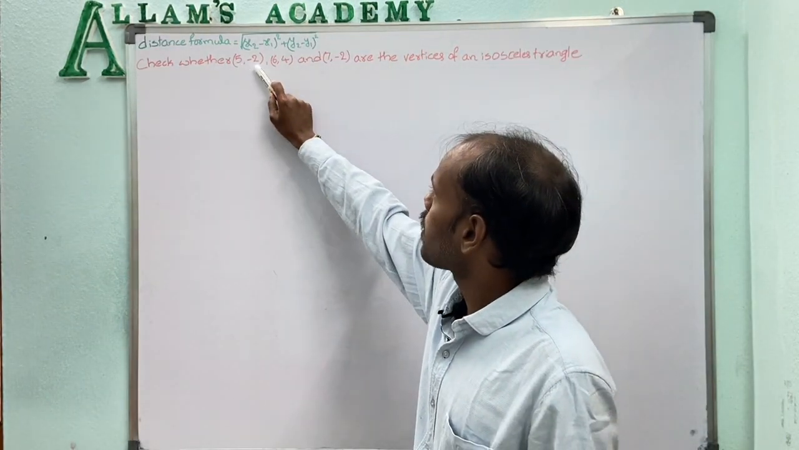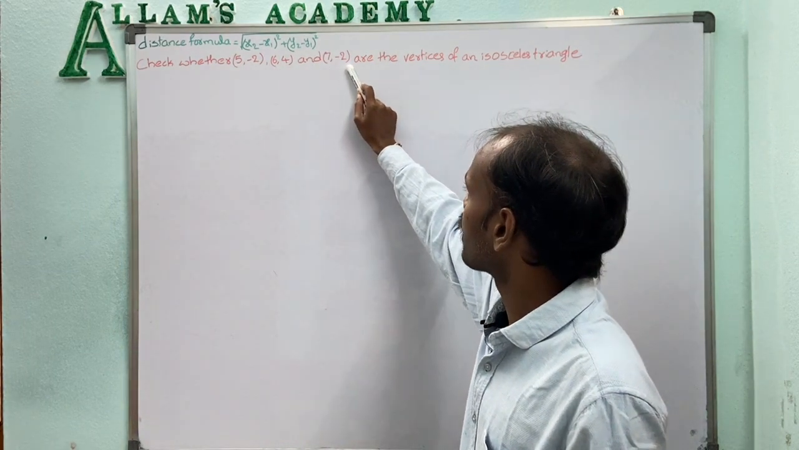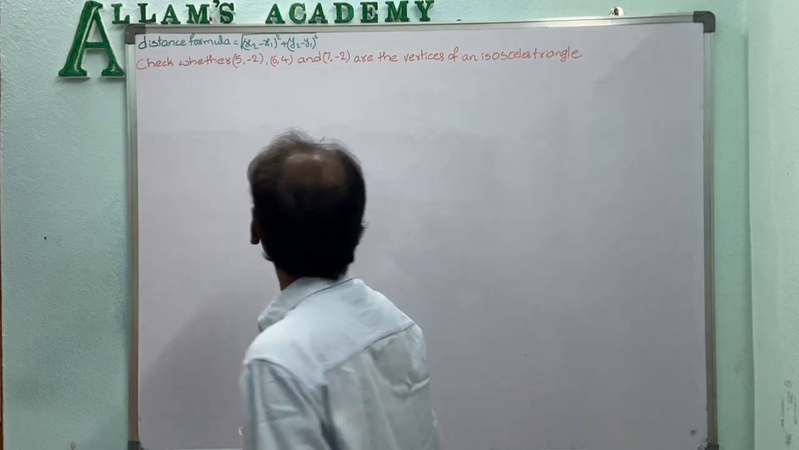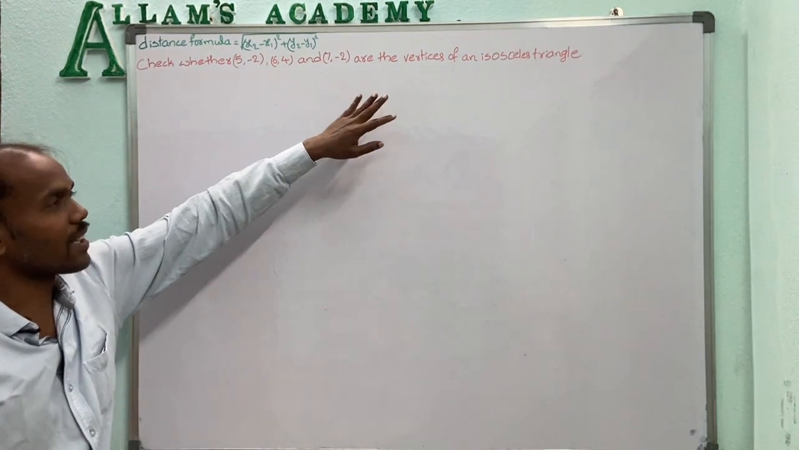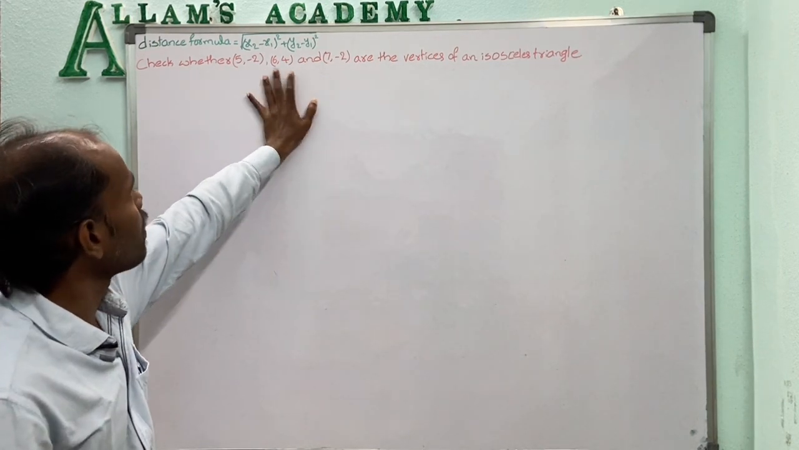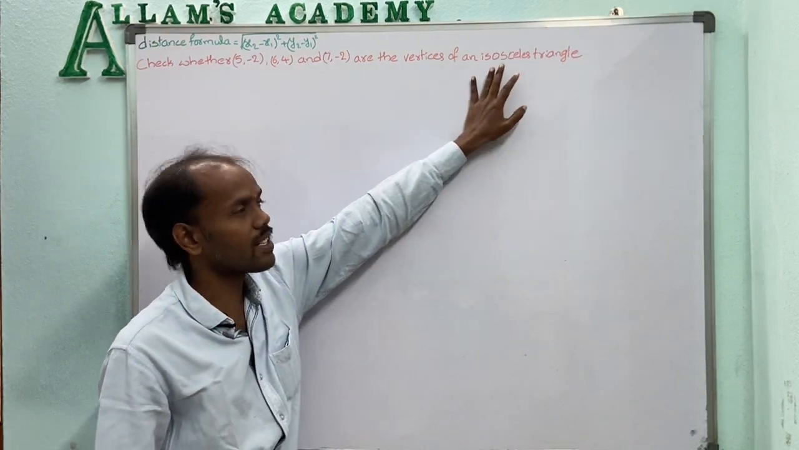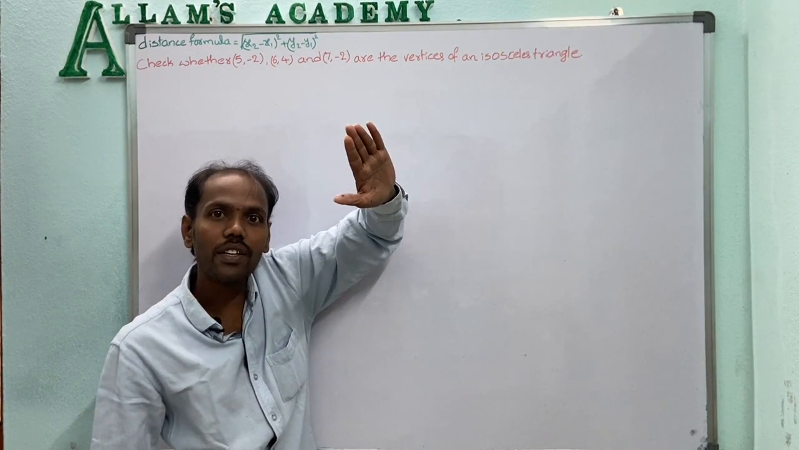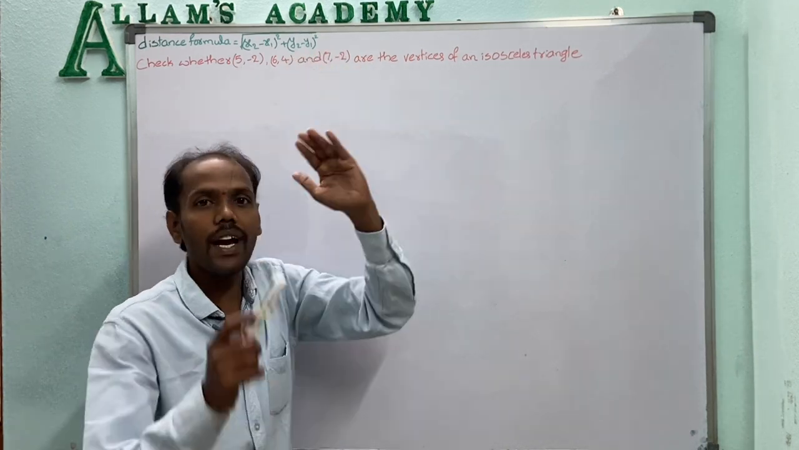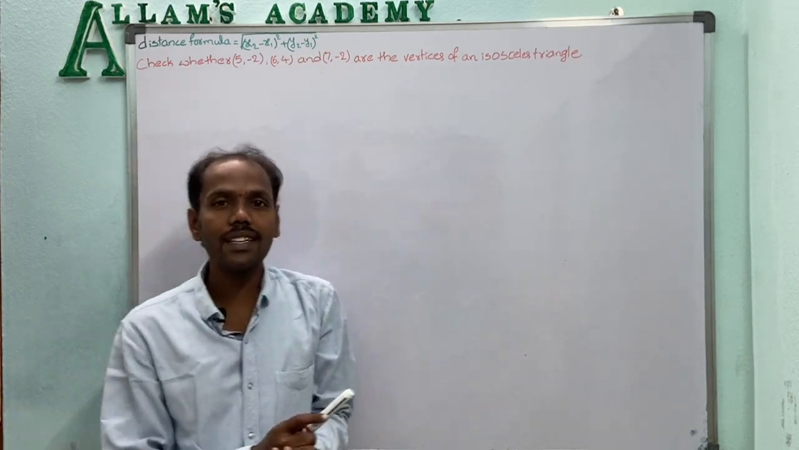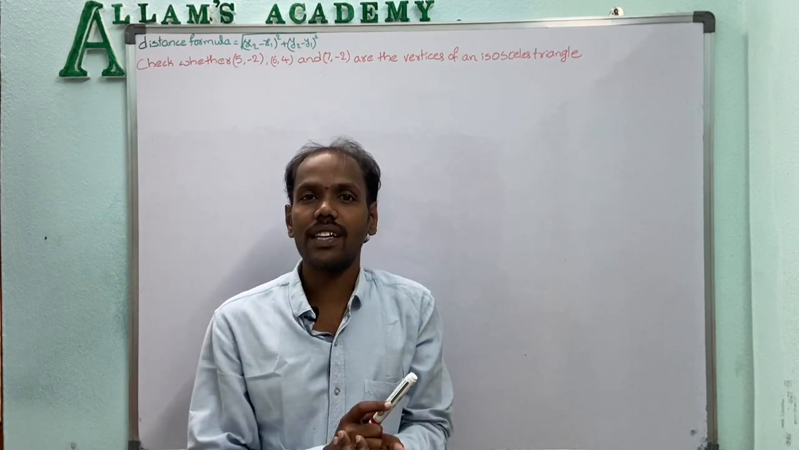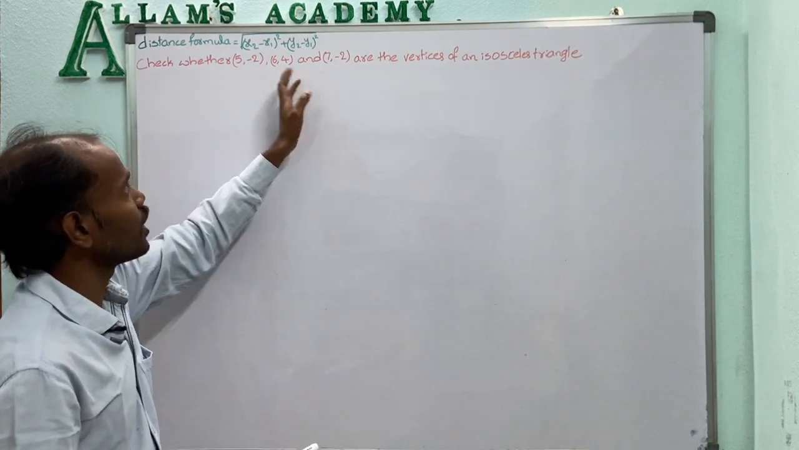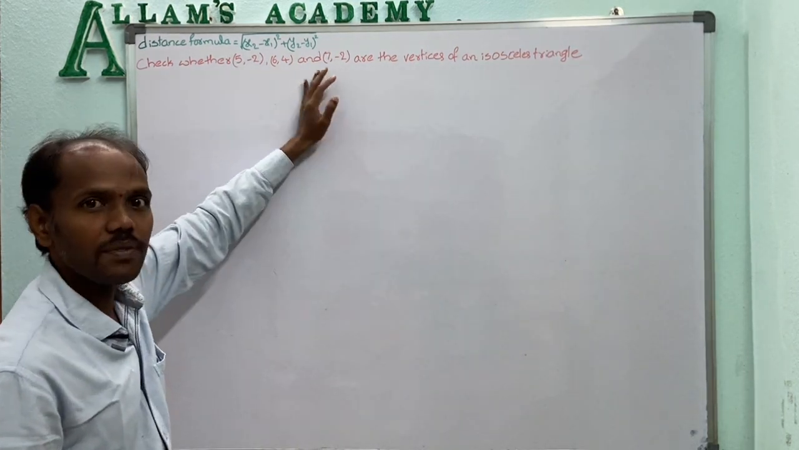Check whether (5, -2), (6, 4) and (7, -2) are the vertices of an isosceles triangle. That is asked. That means for forming an isosceles triangle, what is the rule? Isosceles triangle means any two sides of the triangle are equal. That means the distance between any two points, which is nothing but the lengths of the sides of the triangle,